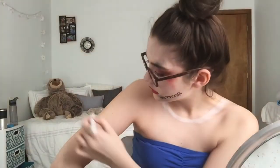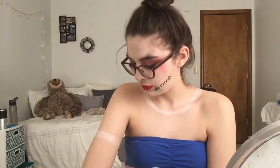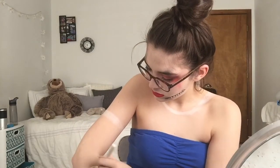And then the sleeves go down to about here. Actually, I think they go down longer. Actually, they go down to about here. So yeah, we'll do that. They'll go down to about here. Okay, so that took forever, but now I'm going to take my baby powder and powder everything that should be